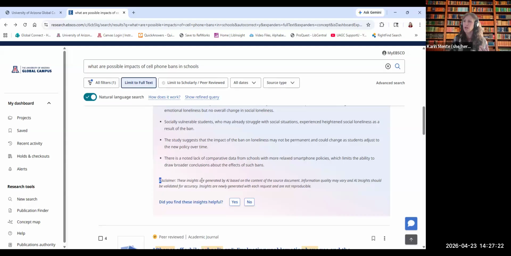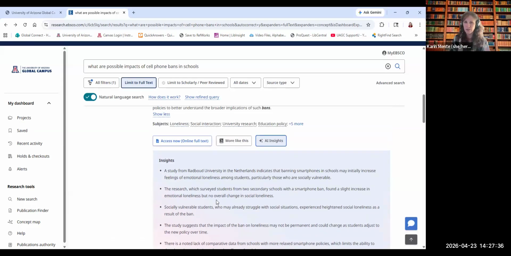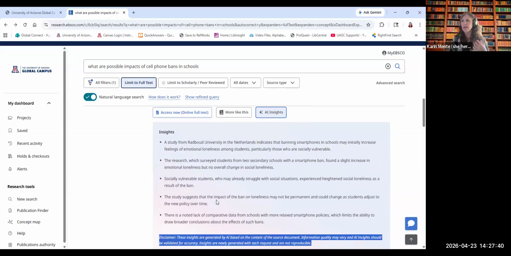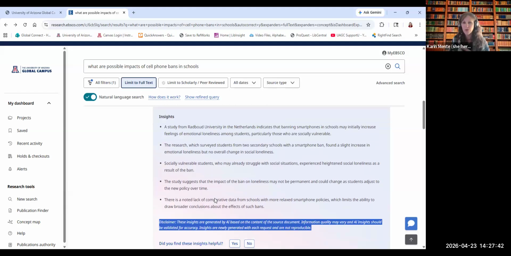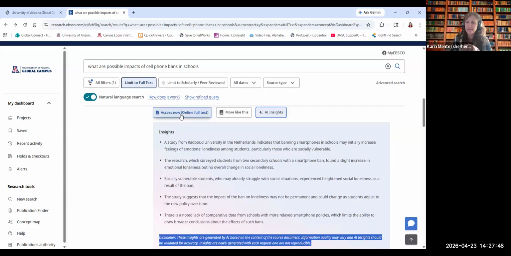And of course, I appreciate any time where it provides a disclaimer. These are AI generated insights. You always want to go to the source. Don't trust the generative AI tools to give you the correct information. You can't trust them. This is just to see, okay, I do want to access the full text and find